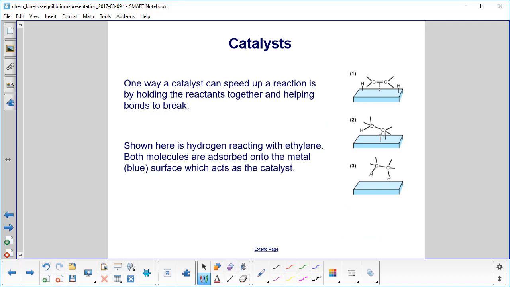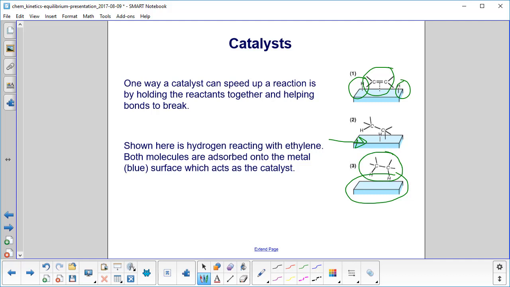One way a catalyst can speed up a reaction is by holding the reactants together and helping the bonds to break. So here we have ethylene, and here we have some hydrogen molecules. Both molecules are adsorbed. That means it gets stuck to the metal surface here. Okay? That's the blue surface. That's our catalyst. When you stick them together, they have a better chance to break bonds and join up with each other because they're right next to each other. So what's going on is this catalyst is providing a physical space for these two different reactants to come together